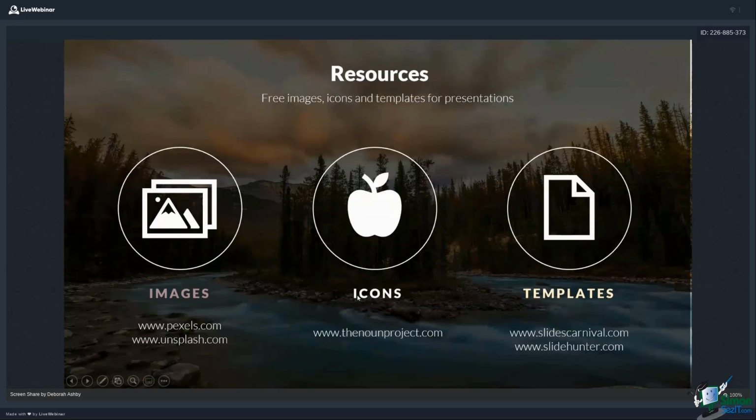If you're looking for icons, then PowerPoint has its own selection of icons, but if you're looking for thousands of different icons to use in presentations for free, then the Noun Project allows you to set up a free account and download icons from there. And if you're looking for things like slide templates, then these two sites are good for those free resources as well.